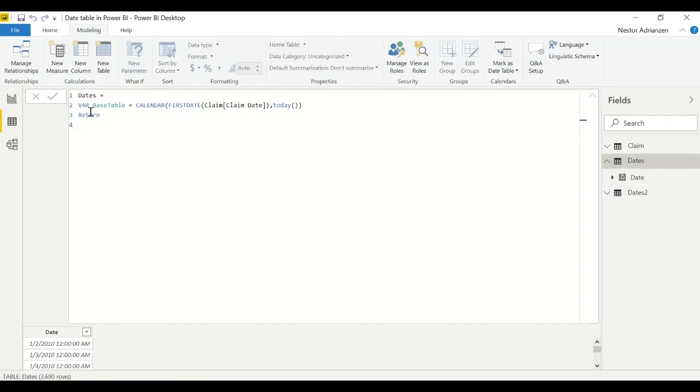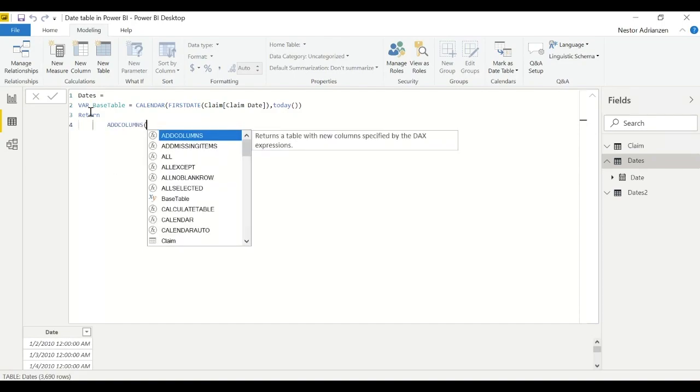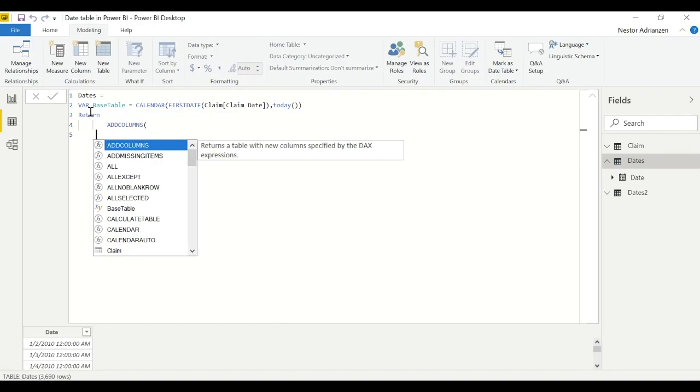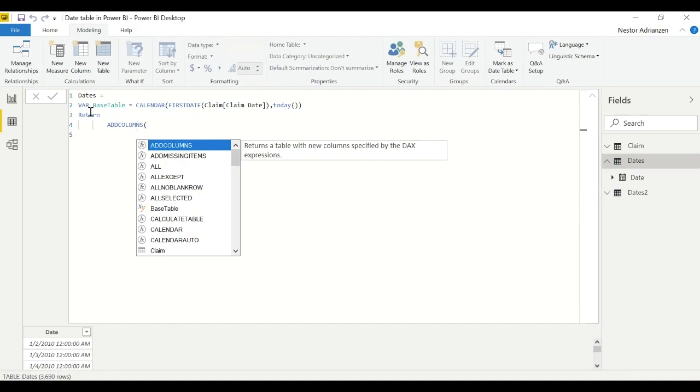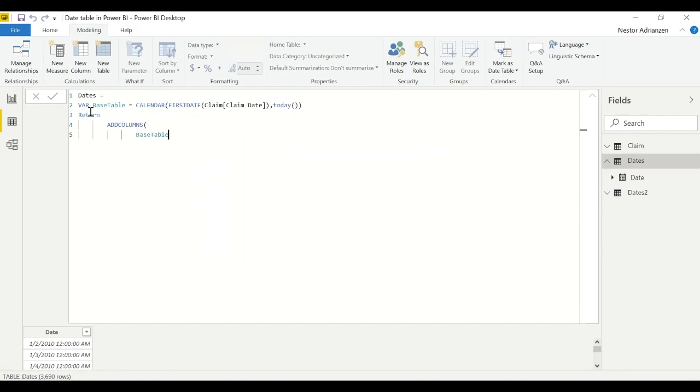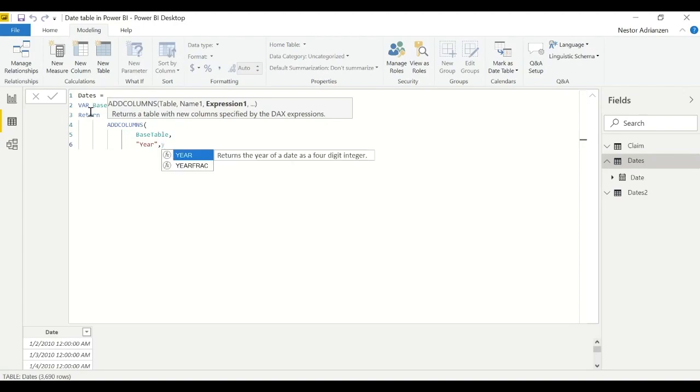And we're going to add columns right here, right? Add columns, I'll enter. And right here, let's add columns to this base table, select base table, comma, and these are the columns that we'll be adding. I'll enter, we go to the next line, and right here, we're gonna add year, month, month number, etc. Let's do it. So we're gonna add right here, year, and then, of course, the function right here is year,